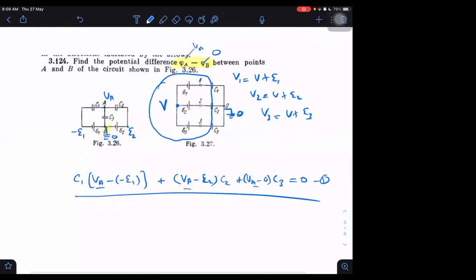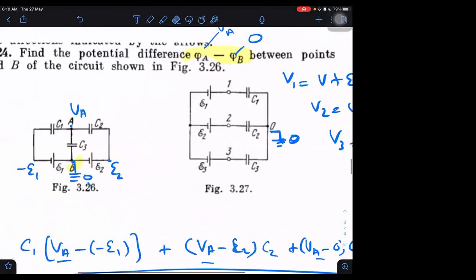The way I have written here, it will be sigma Ci into Vi equal to 0. In this junction, the charge going through the 1st, 2nd and the 3rd capacitor will be 0. Net charge. Why is the net charge 0? You remember? The logic is that initially the capacitors are uncharged. This is a disconnected system. It is not connected to the external world. Why? Let me tell you which is a disconnected system.